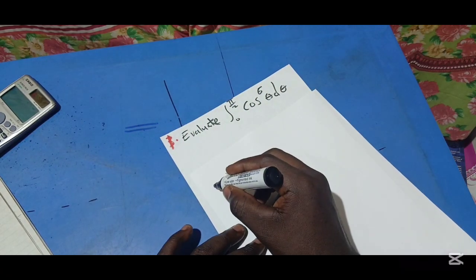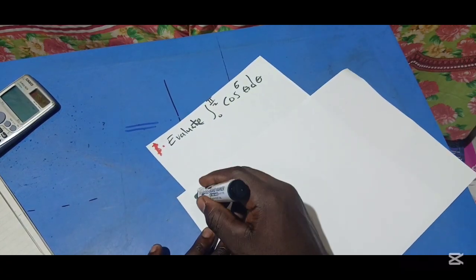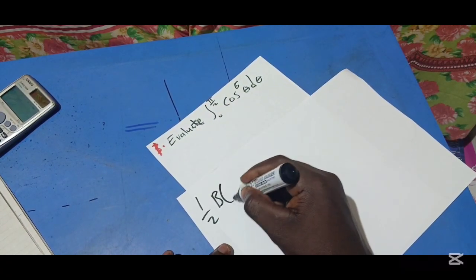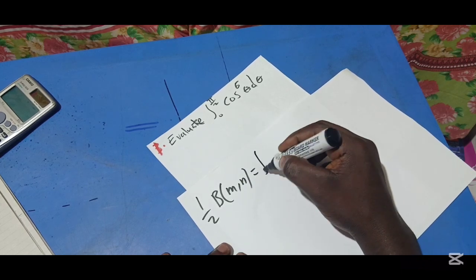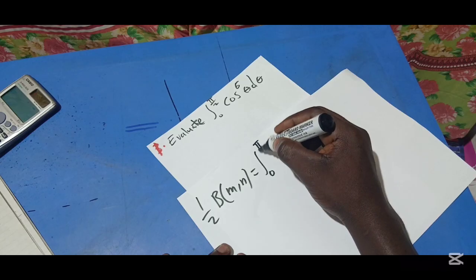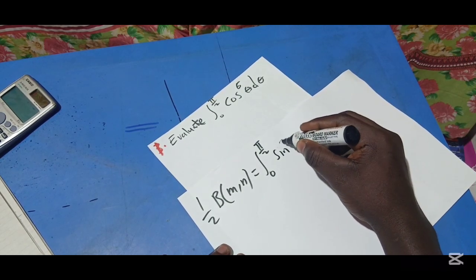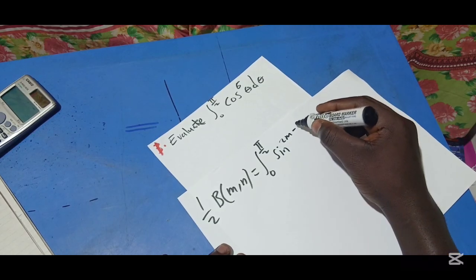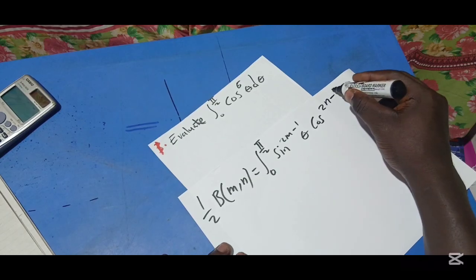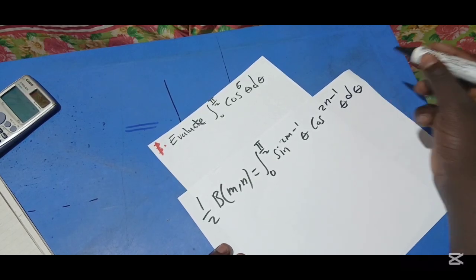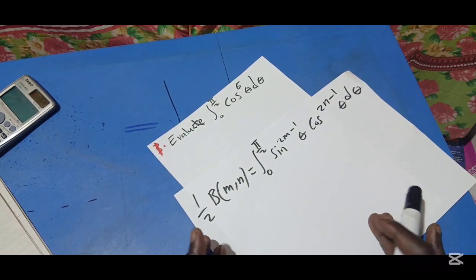So we have half beta of m, n should be equal to the integral from 0 to pi on 2 of sine^(2m minus 1) theta cos^(2n minus 1) theta d theta. So this is the formula that we are going to be using as far as trig functions are concerned in